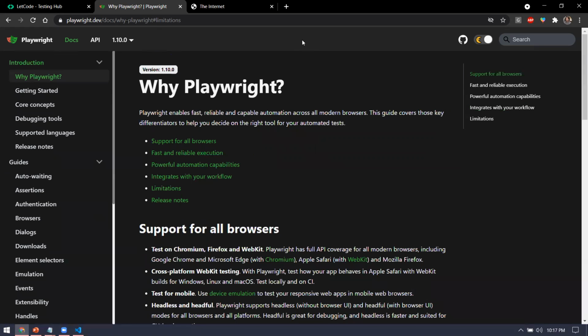I don't think there is any limitation. Whether it's an Angular application, a React application, or a Java based UI, anything is fine. If you have that DOM, of course we can use Playwright. Not sure about Silverlight applications, but I don't think anyone is using Silverlight applications nowadays. So other than that, if you have any